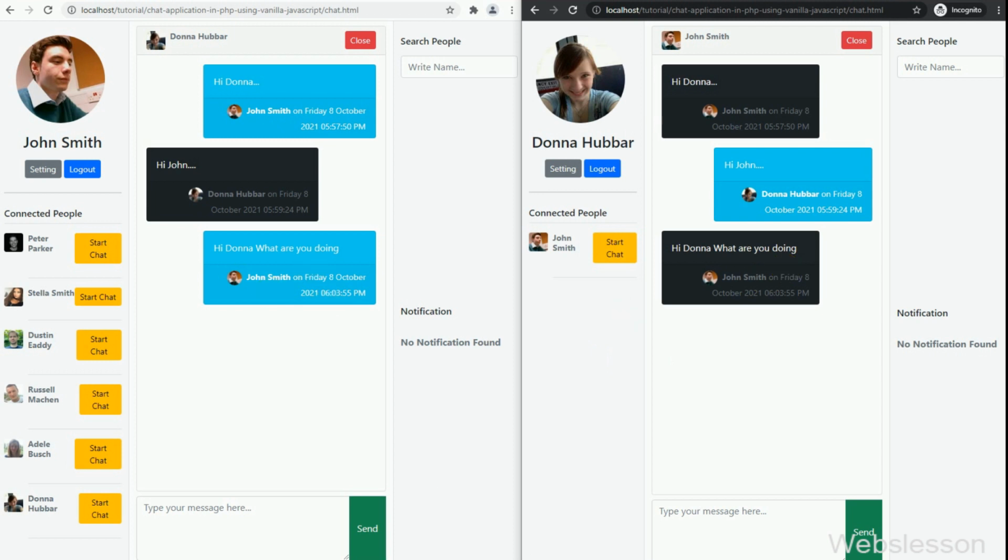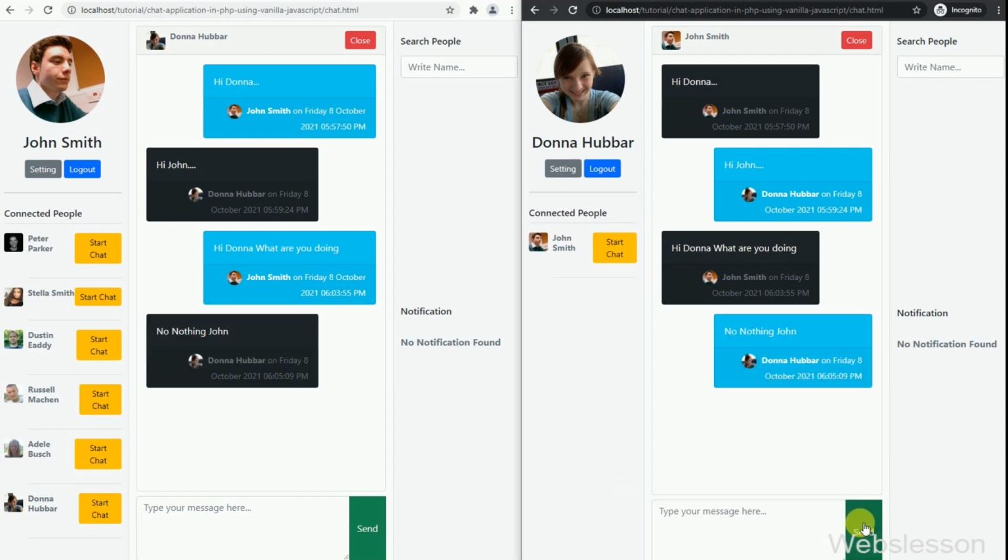After clicking on the send button, the message has been received in the second person's account, and now we have typed something in the second person's account. After this, we have clicked on the send button, and we can see that the chat message has been received in the first user's account. So this way, two people can chat on this chat application in real time.